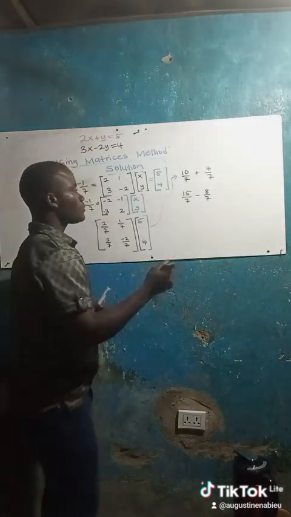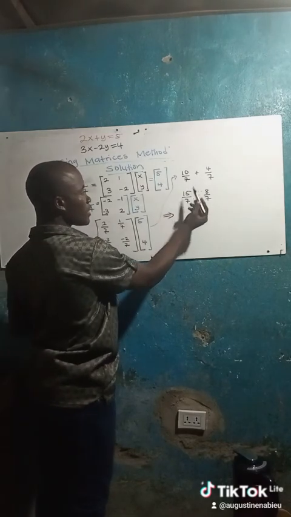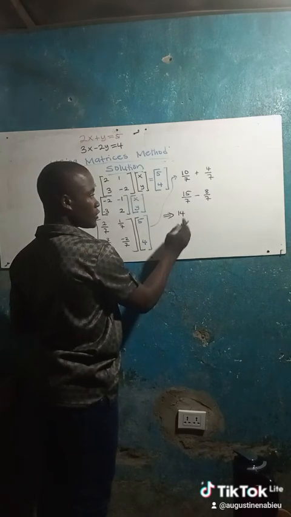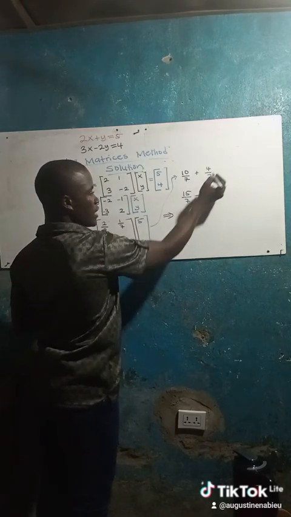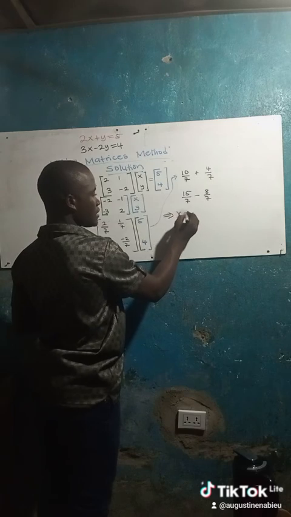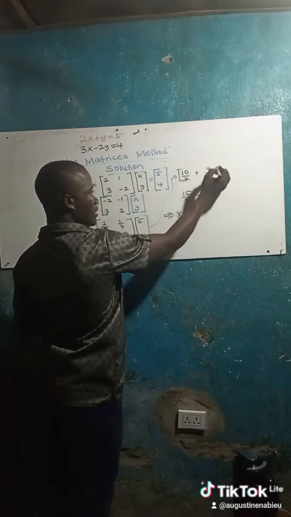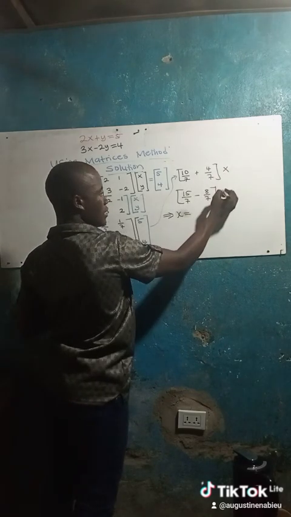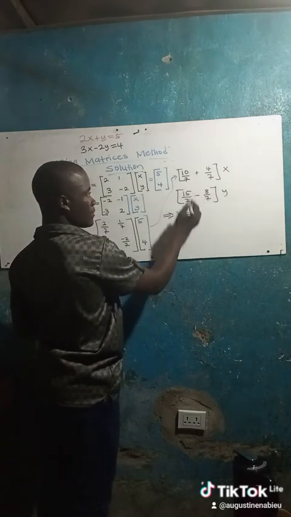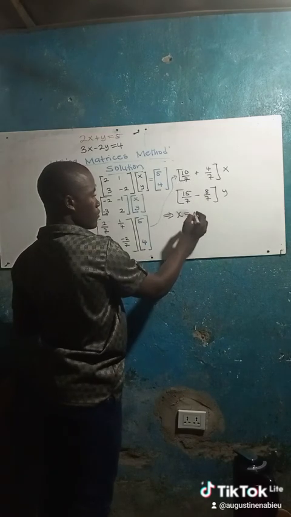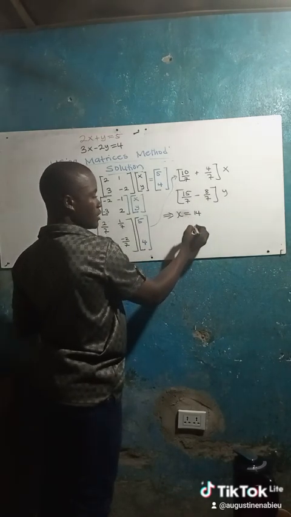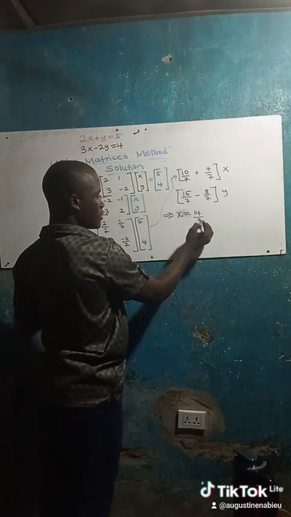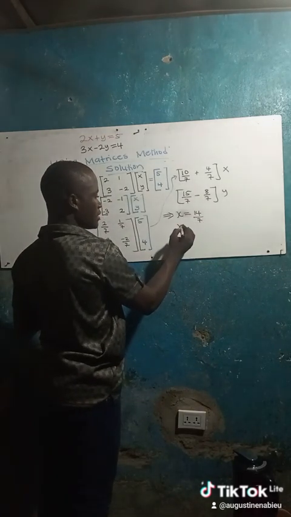So now solving for the value of x: 10 plus 4 will be 14, and the denominators are the same, so 1 over 7. So x is equal